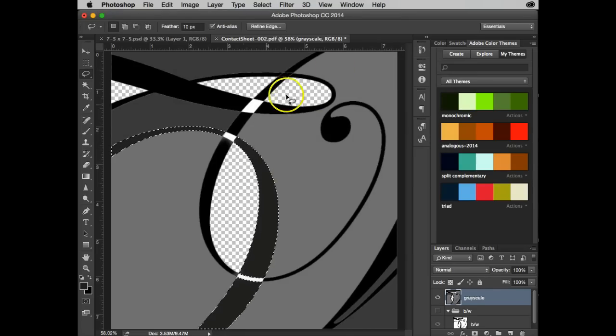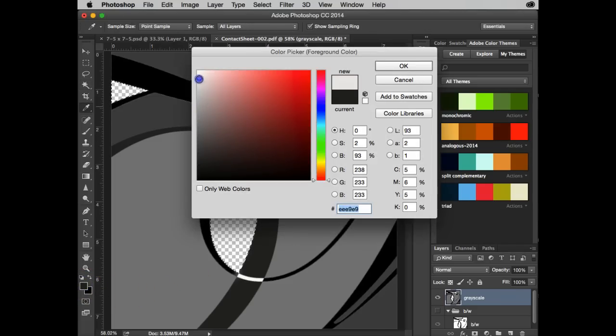Okay, now what I have to do is fill in the rest of these colors here. And I want these all to be the same color. So what I'm going to do is go back to my magic wand tool, Command D, and in this particular case I'm going to turn off the contiguous. Now I've selected all of the areas that don't have any color. It's going to probably take me a couple of times to